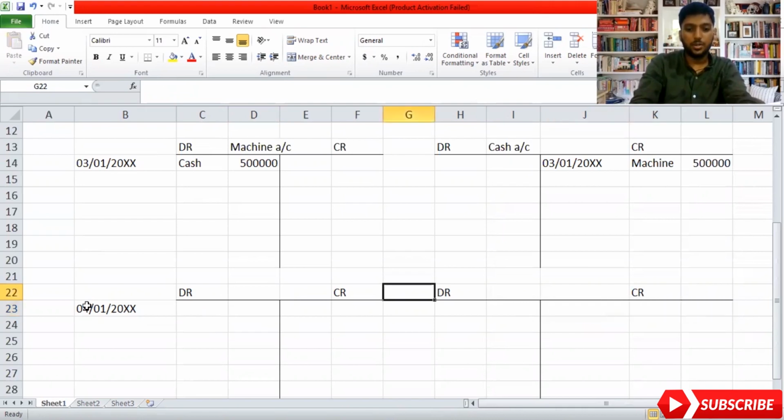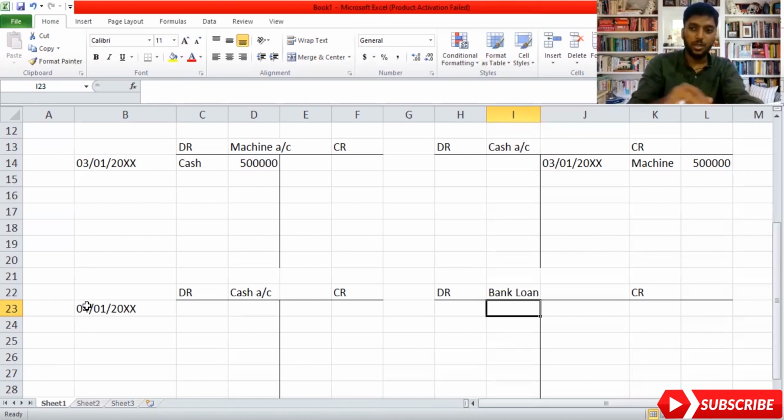Here I'm going to write cash account. First you need to know which accounts are getting impacted. The first account was cash account. The second account impacted was bank loan. So this is the way of understanding when it comes to double entry. You need to know which account is getting affected and why. That is what you call double entry.